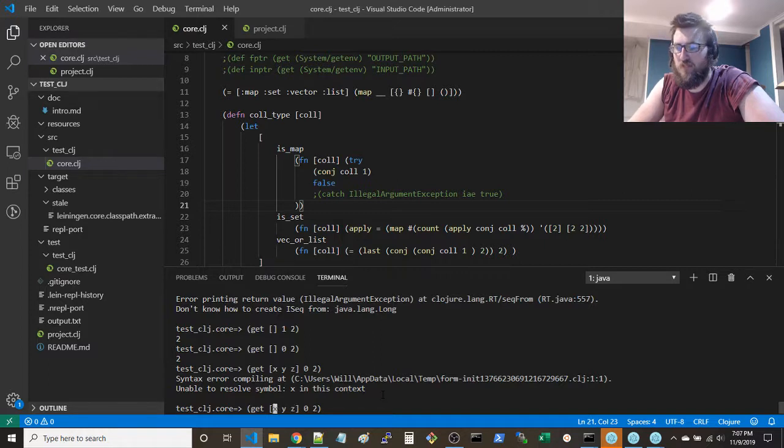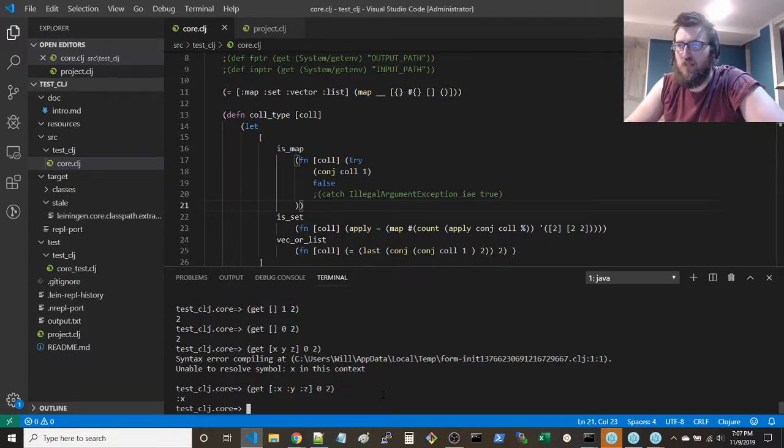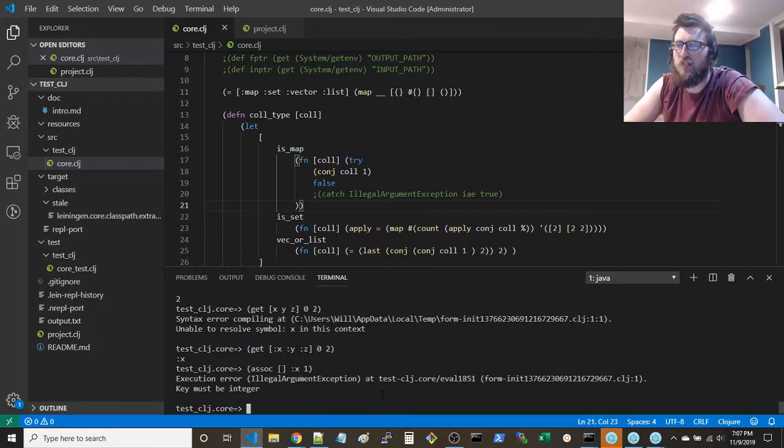Oh. Interesting. So you can get, and then what if you associate? Like what happens if you associate on this thing? Key must be integer.